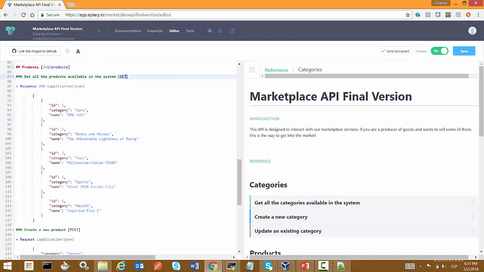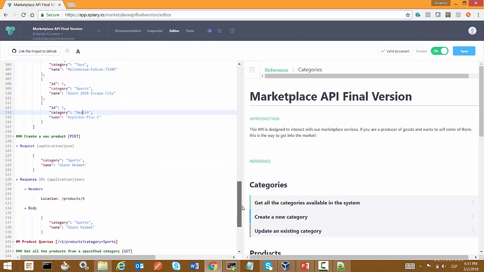For example, GET, that gets all the products available in my system. Each product is categorized under a different category. For example, a BMW is a car, Millennium Falcon is a toy, Giant 2018 Escape City is a bicycle under sports, a box of aspirins is under the health category, and that kind of products.